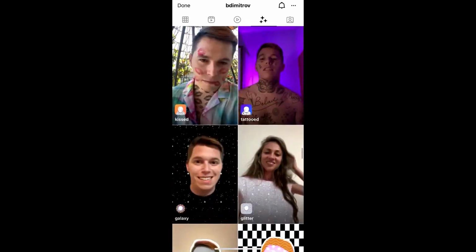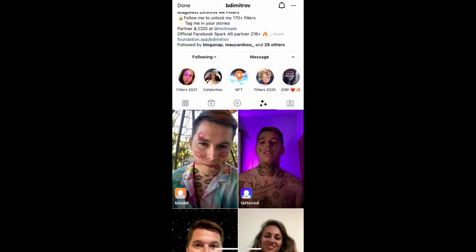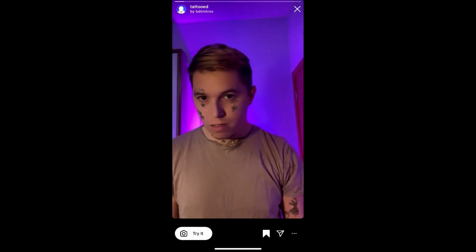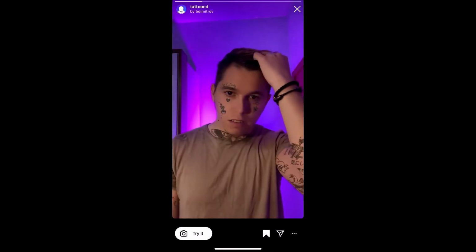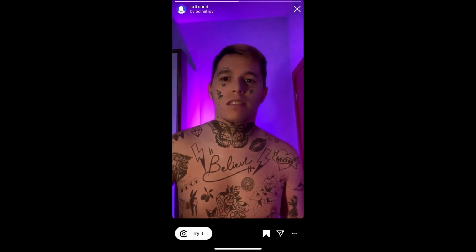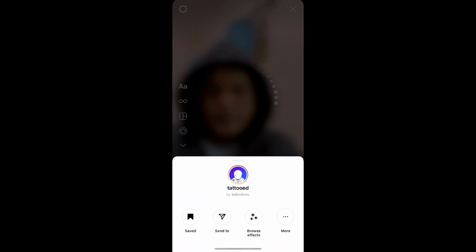Okay, so check in his filter gallery and this is the filter, tattooed. Tap on it, and you will see this preview. From here you can save it to your Instagram camera tray and you can tap on try to try the filter. Okay, and suppose you are not getting the effect like this, then what you can do,